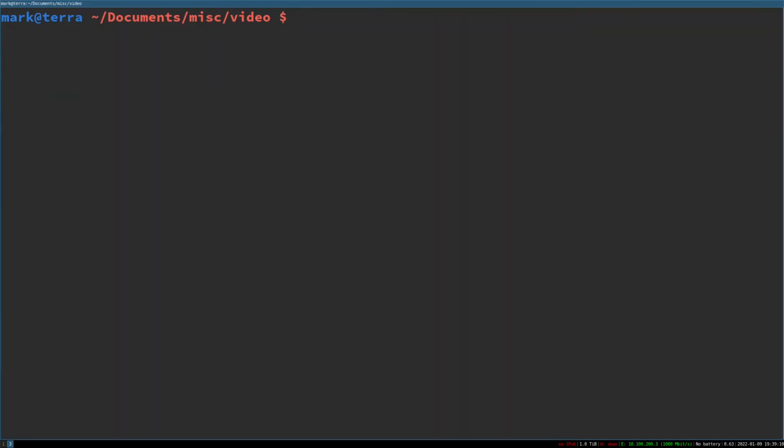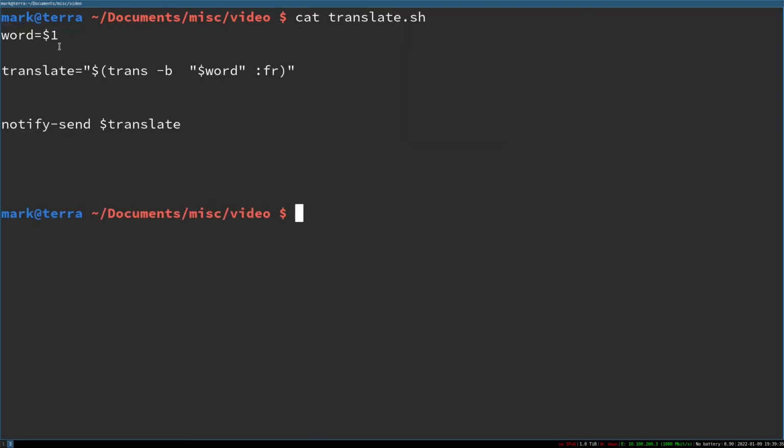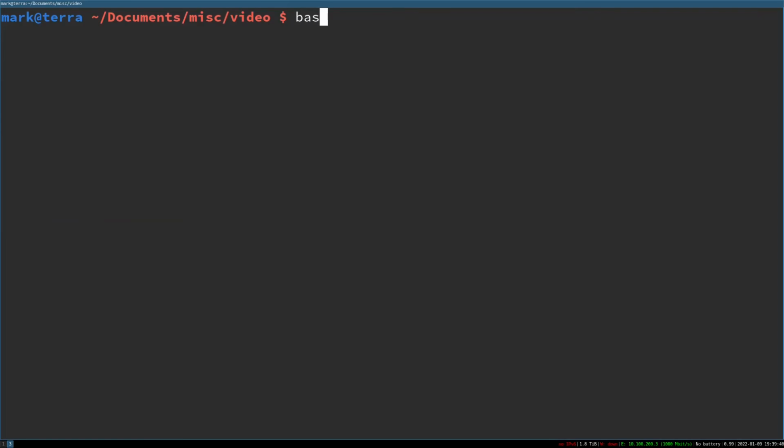What else can we do with this? We could run it in a script, so we can actually just pipe output to it. So if we go like echo hello, pipe that into trans, into French, and brief. There we go, cool. You can easily see how this could be turned into a script, right? Here's one I made earlier. Word is the input. Translate, it just translates the word into French, and then it sends it to my notification, right? So if I run translate.sh